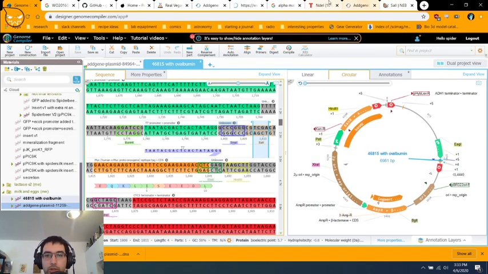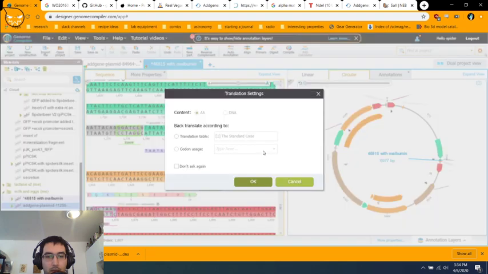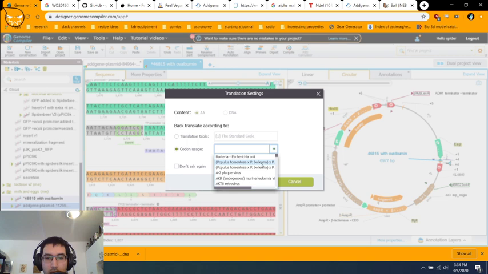So we just copy the amino acids, and we're just going to go ahead and paste. Cool. So it recognized that I'm pasting in amino acids, which means it needs to translate them. So we're going to hit a translation table because we're going to go with codon usage,